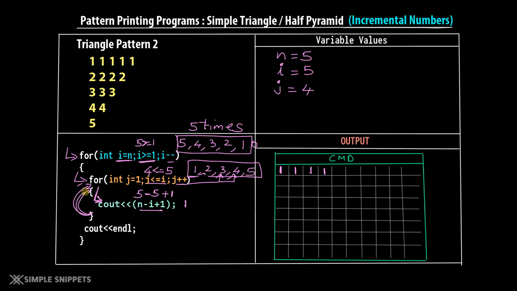After this statement, again come at the start of the for loop, j plus plus, j will now become 5. Let's write 5 over here, and again the condition is checked. Is 5 less than equal to 5? Yes, 5 is equal to 5, so the condition is true. Again go inside and again say n minus i plus 1, that is 5 minus 5 plus 1, so again